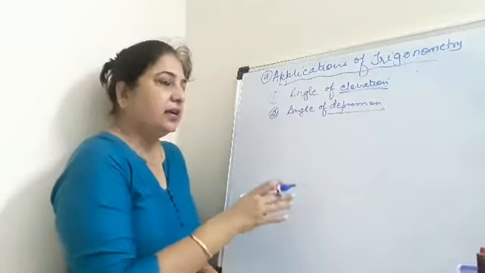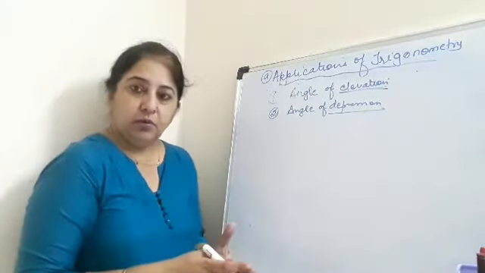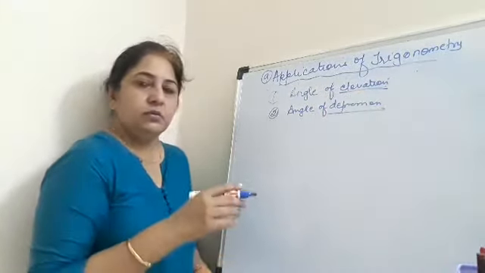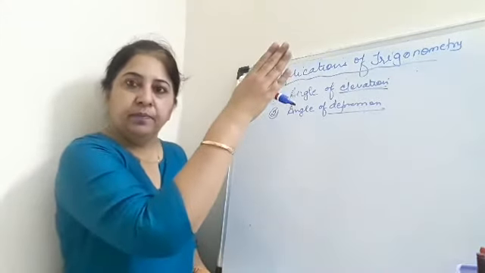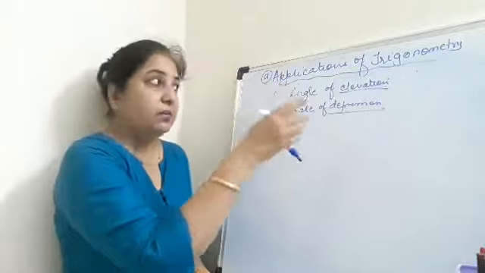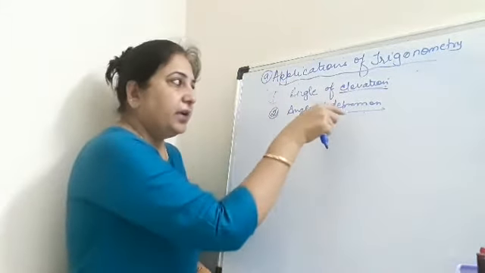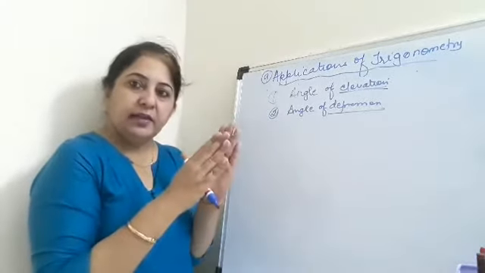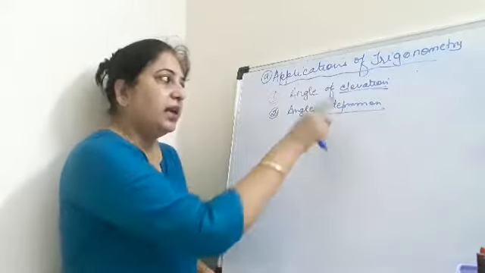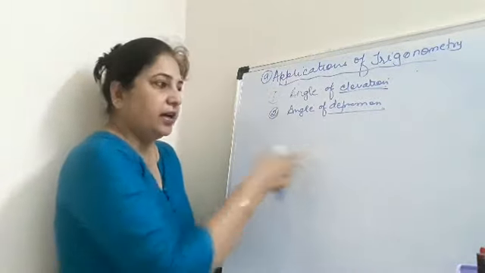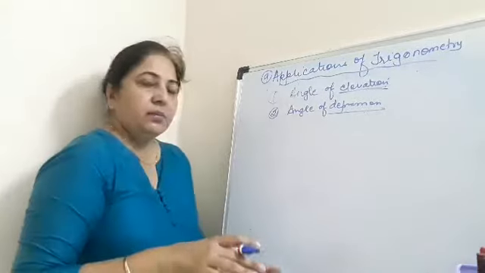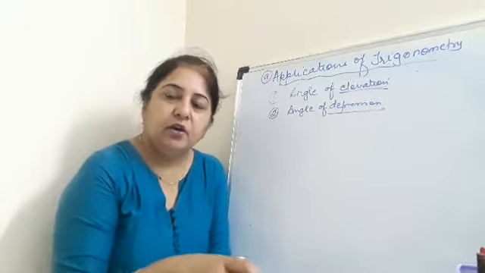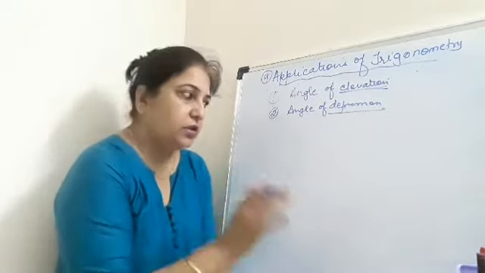Okay, now the angle of elevation, I'll explain to you. So there are 2 points. Elevation means something when I'm looking up, then the angle formed will be the angle of elevation, because elevation means height, and depression means something which is down. So when I look down to some object from a height, then the angle formed with my eyes will be the angle of depression. So I'll explain the two conditions over here. You have to remember 3 things here: observer, object, line of sight, and the angle of elevation or depression depending on what is the situation, right?